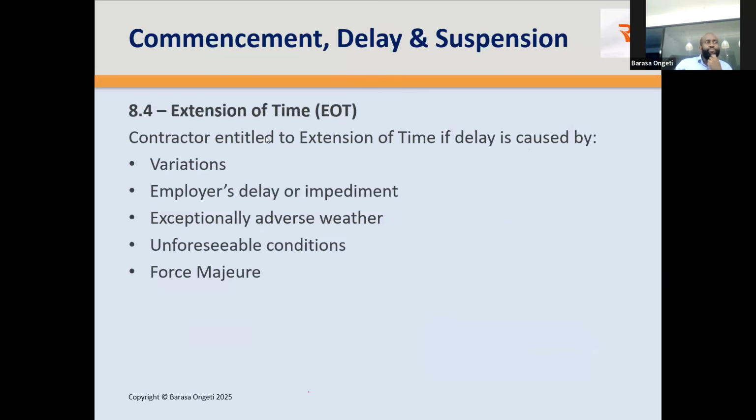So 8.4 speaks about extension of time. The contractor is ordinarily entitled to an extension of time. So you have the time defined in the contract for completion. So you say this road project shall take 2 years or 730 days, but you may extend under certain circumstances. What are these circumstances? If a delay occurs because, number 1, of variations, number 2, are caused by the employer's delay, the employer